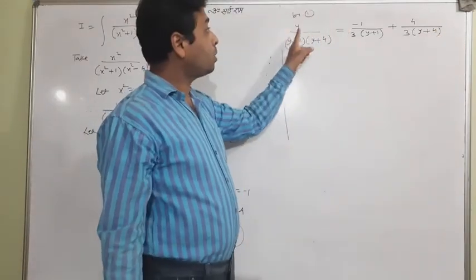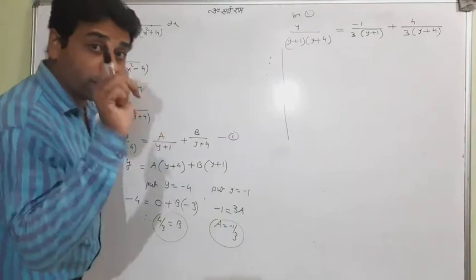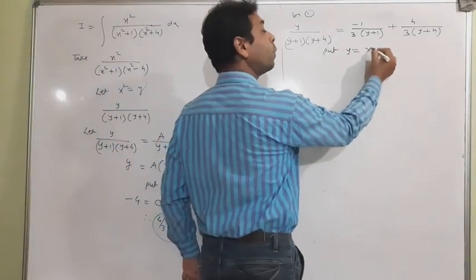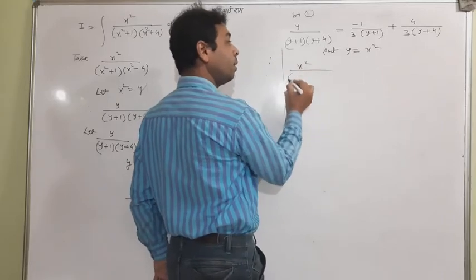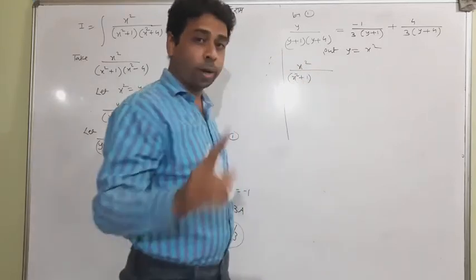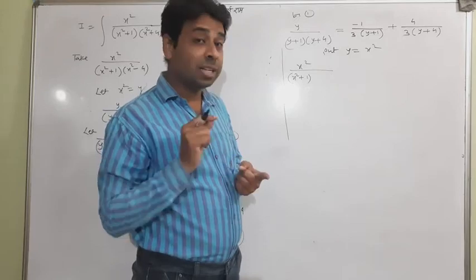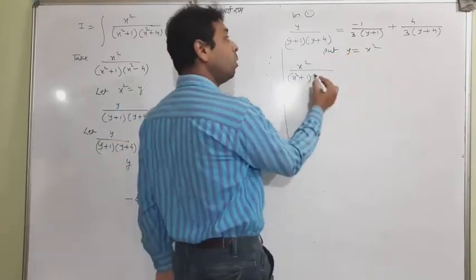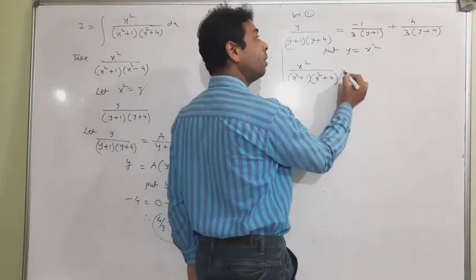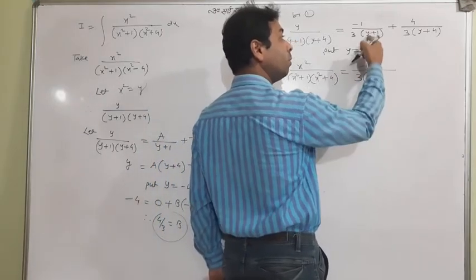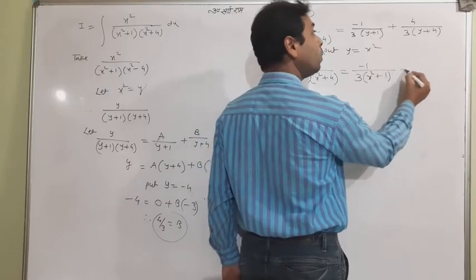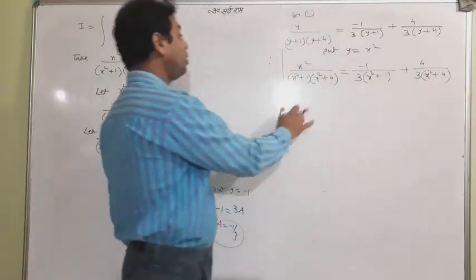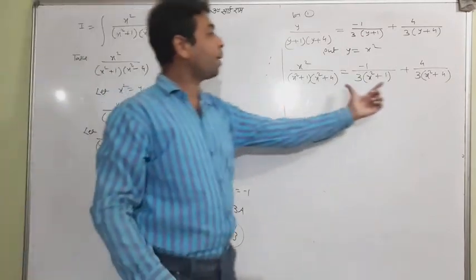And now, can you see that you assumed y equal to x square? Don't integrate, but put y equal to x square again. So it is going to be x square, because the question was in x square. For a little convenience, we assumed x square equal to y. Now put it back, so the question has changed like that. So you have already separated it into partial fractions. Put y equal to x square, so x square plus 1 and x square plus 4. Now the question was this one, and you got the partial fraction.